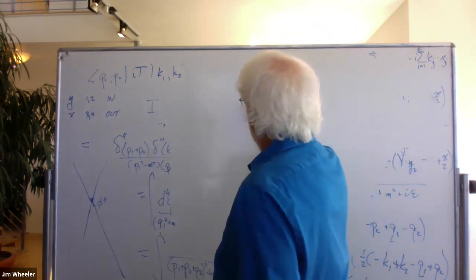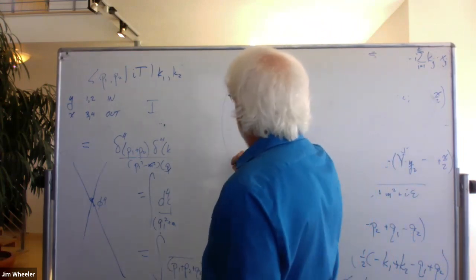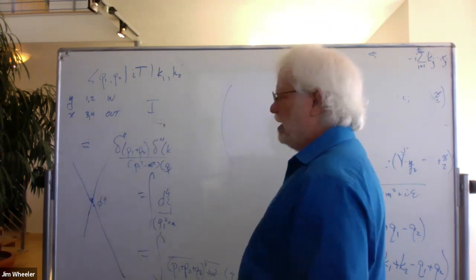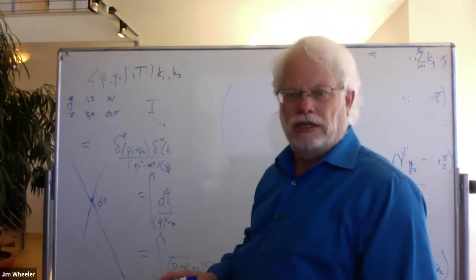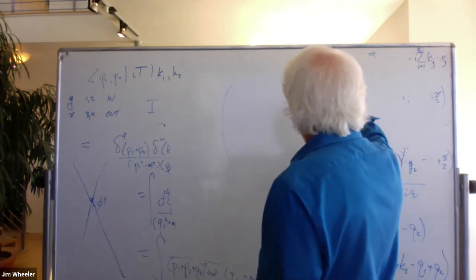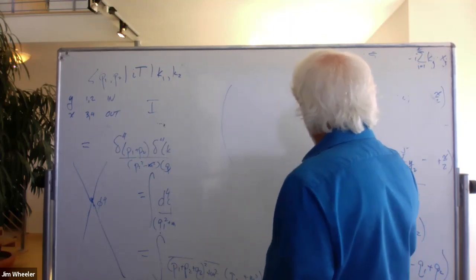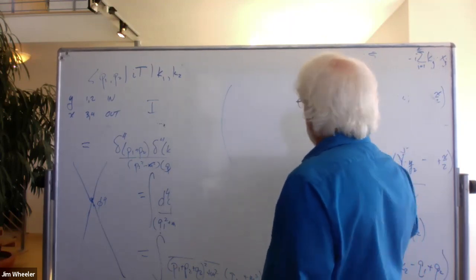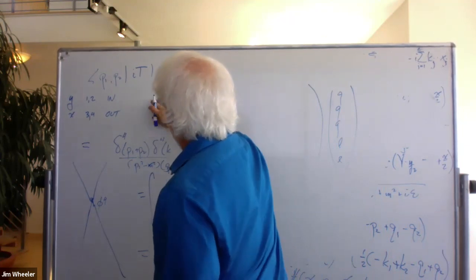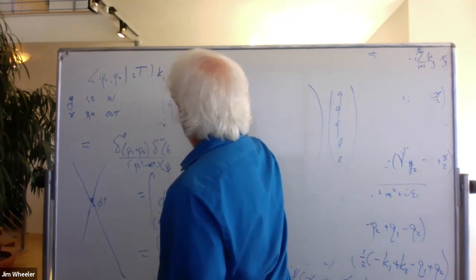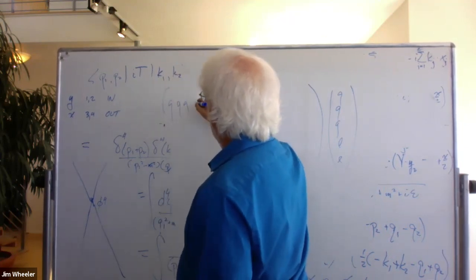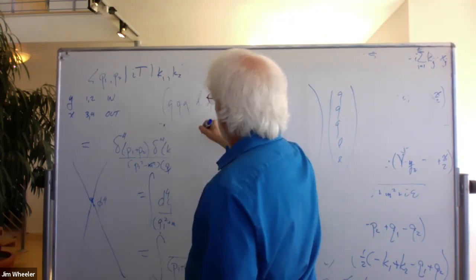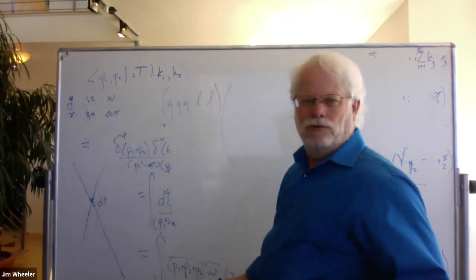But what people were looking at as a first crack at an interaction for quarks and leptons is matrix elements that would connect the three different colors of quark and the electron and neutrino,